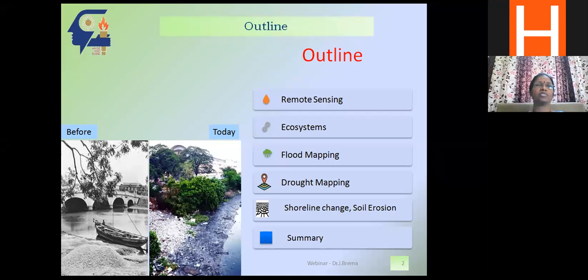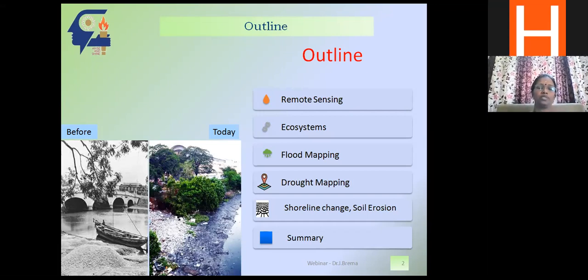Of course, I wanted to put a slide to show the difference in this development of satellite imagery, but I didn't have time. Currently we are working on hyperspectral imagery. This hyperspectral imagery gives you a lot of provisions to understand what changes are taking place on the Earth's surface. The differentiation is very easy in the case of hyperspectral remote sensing. This is the era now, and of course we are going into microwave remote sensing, SAR remote sensing. I'm not touching all those things for want of time. My presentation will be for a period of 50 minutes or so.